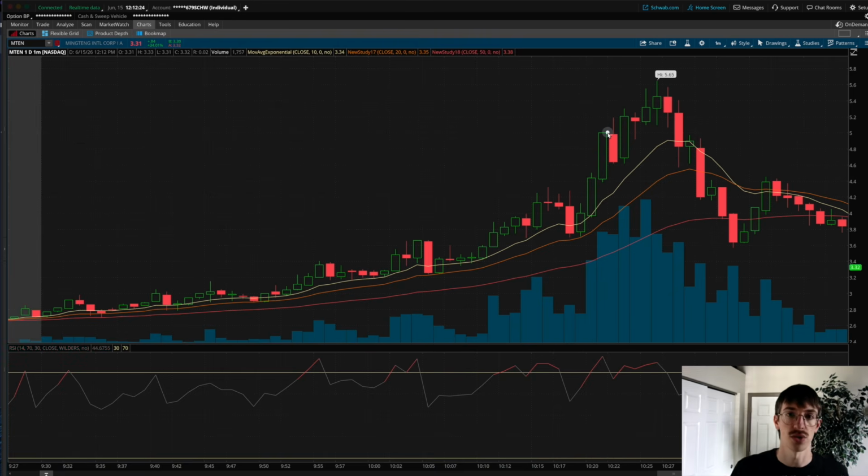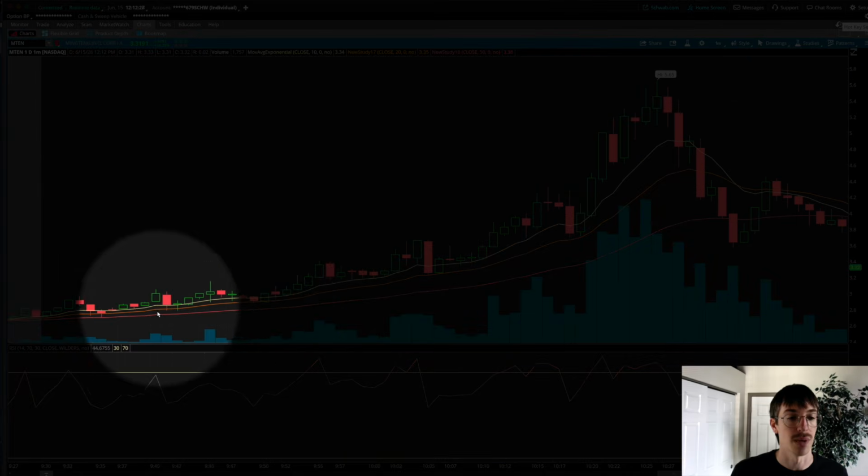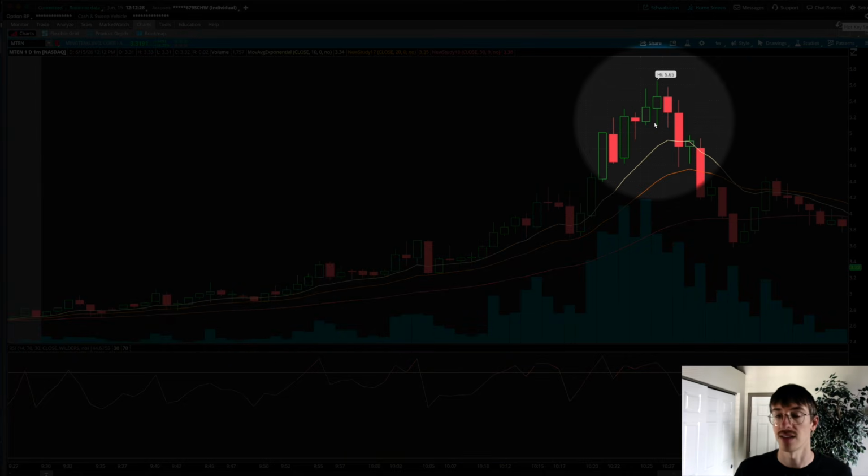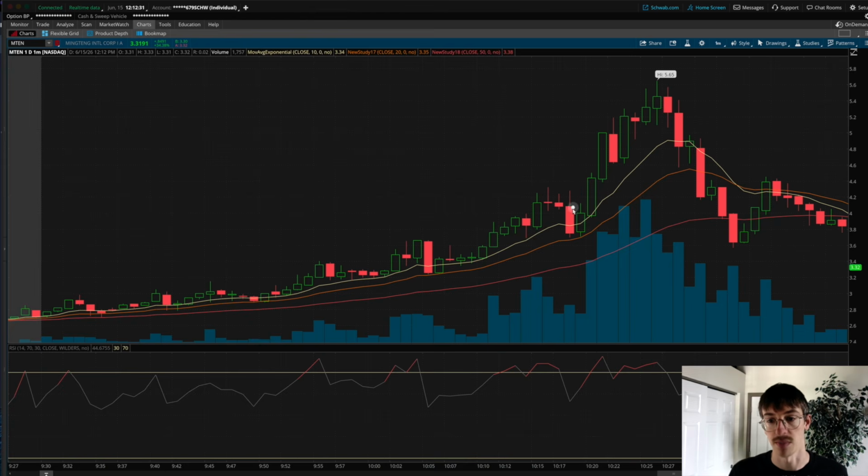And this kind of just goes to show that you don't need to be able to buy at the exact bottom, sell at the exact top in order to make money in the stock market. If you know what you're looking for and you have strategies that are going to be consistent and profitable, you only need to make a small portion of the move in order to make a really solid profit. So again, just with this small portion of the move and with a few minutes of my time, I was able to lock in an $1,100 profit